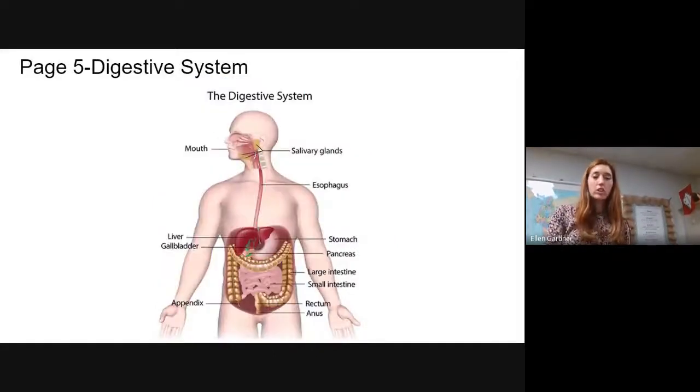Next up, your digestive system. Okay, so there's all of the parts of your digestive system, or at least some of the main parts. So your mouth is how you're getting the food that will be digested. Salivary glands are how you actually start to have the liquids to start digesting. You've got your esophagus there, gallbladder, stomach, pancreas, large intestine and small intestine,